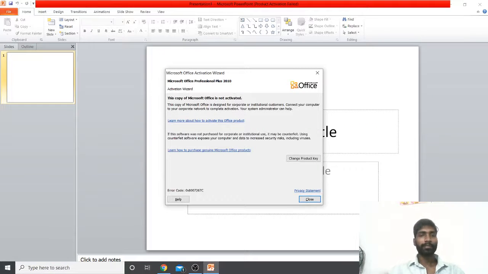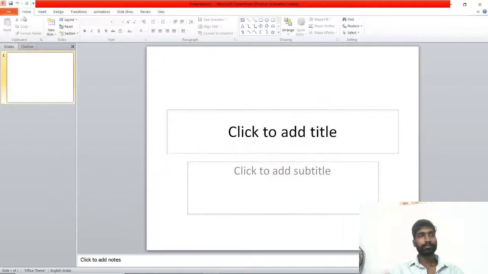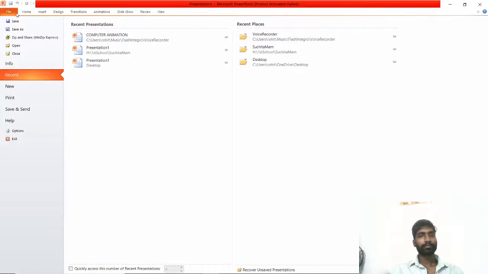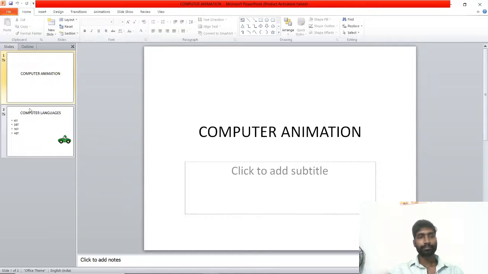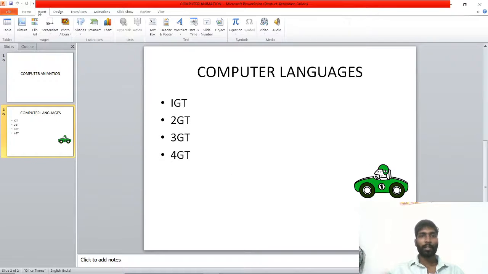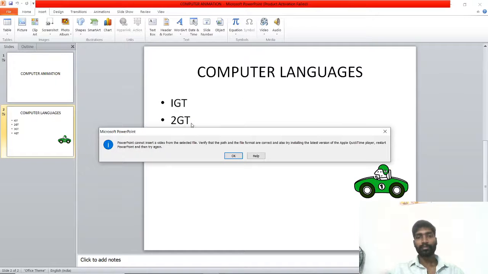So I opened. Now I am going to insert video. Insert option in the menu bar. After that there is sound, sorry, video. Just select any file.